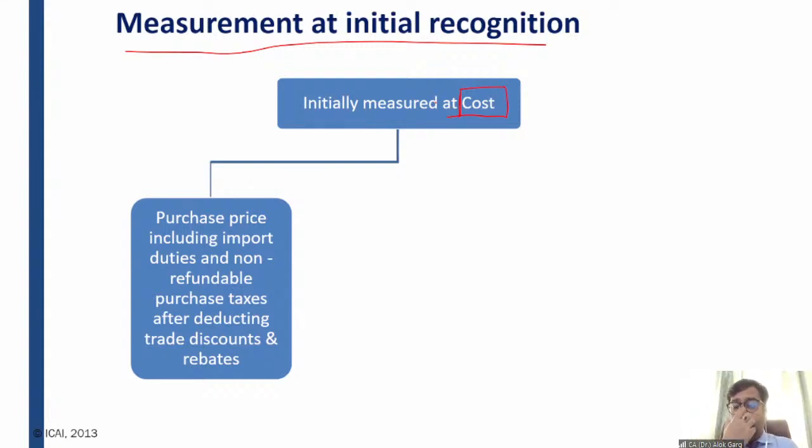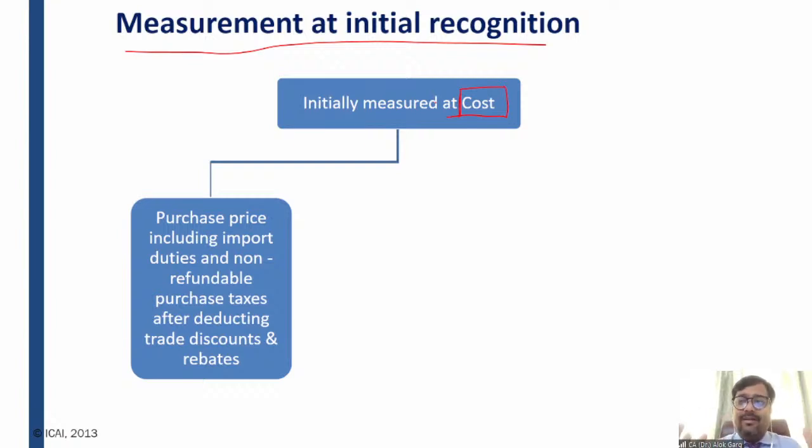When you purchase that machine from China, you will pay the cost of the machine, and you will pay an import duty to the customs authorities. When it lands in India, you will pay GST, goods and service tax, right? Then you need to pay a transportation cost from the supplier's place to the Shanghai port in China. From Shanghai port to Kandla port in India, you have to pay a transportation cost. And from Kandla port to the Delhi factory, you have to pay again a transportation cost, right?